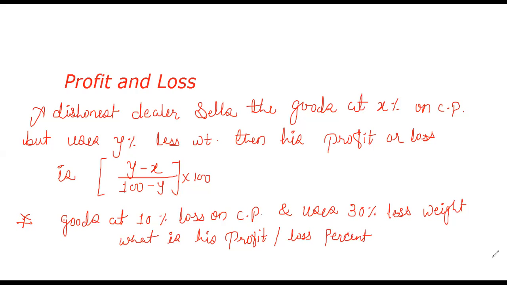Okay, so here we are going to solve this. What is given? A dealer sells his goods at 10% loss on cost price, and at that time he uses 30% less weight. So whether he is gaining or losing the amount, first we are going to calculate that profit or loss. The formula is (y minus x) divided by (100 minus y) into 100, which is equal to